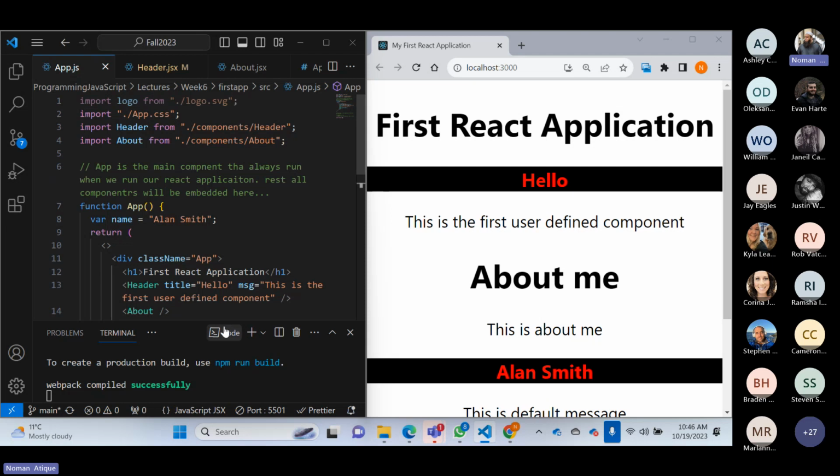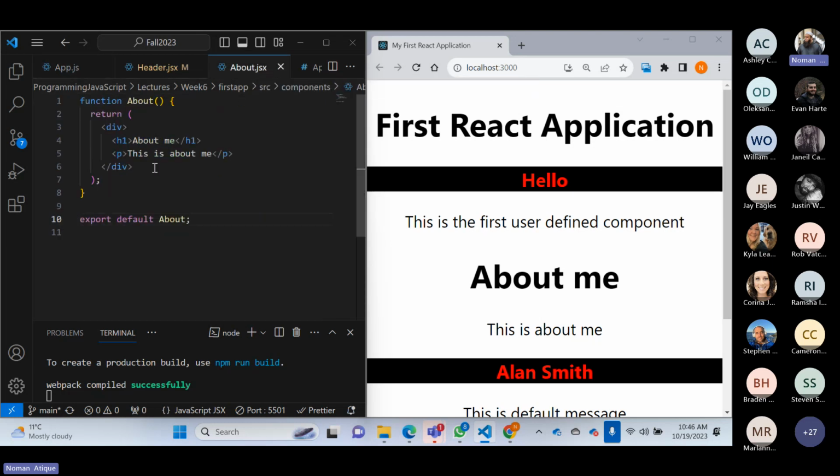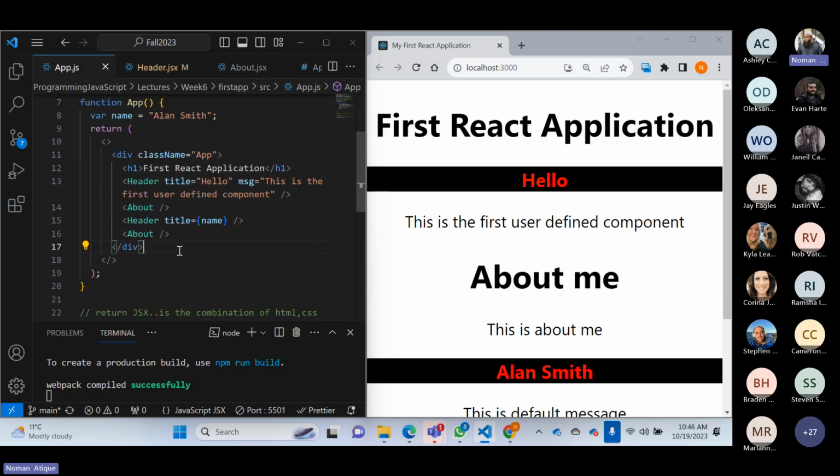So I called this header component, which has two props. Then I called this about component. What was about component? I just created this for no use, but just a component. So I said function about return div h1 about me, and then I just export it by default, and then I call this about component. And I told you that